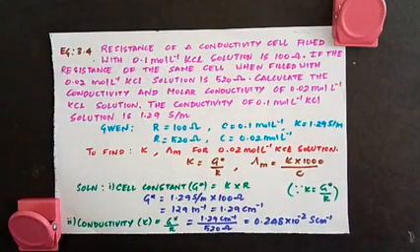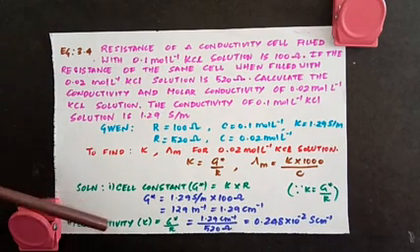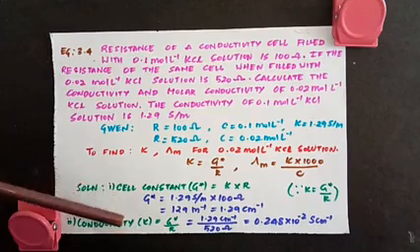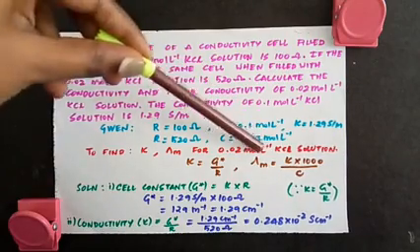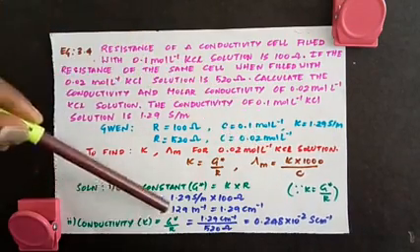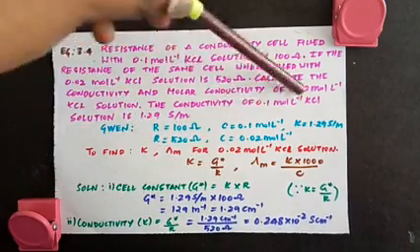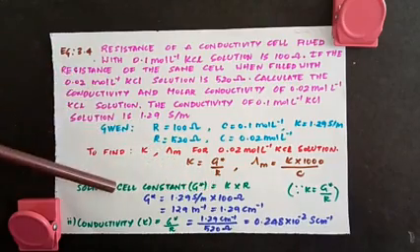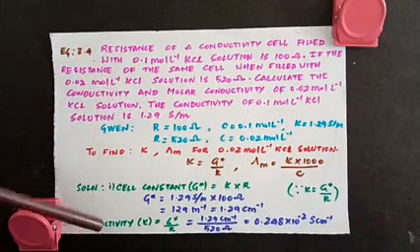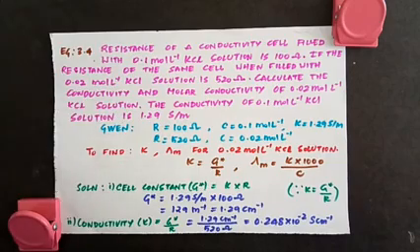Now the next step is to find out the conductivity, kappa. So conductivity is going to be calculated for this concentration. So kappa is equal to G star by R. The kappa that we used here is for this concentration. We use that to calculate the cell constant. Now using that cell constant to calculate the kappa of this concentration, which is 0.02.